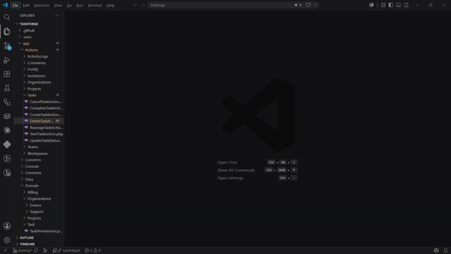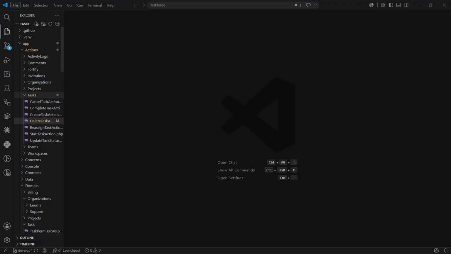So in my TaskForge project, I'll be using the task entity to illustrate what I mean in this video. Instead of thinking in CRUD operations, I started thinking in business transitions. A task is created, someone gets assigned that task, work begins, the work finishes, eventually it's archived. Every one of those transitions represents a business rule, and every rule has to be enforced somewhere, which is why